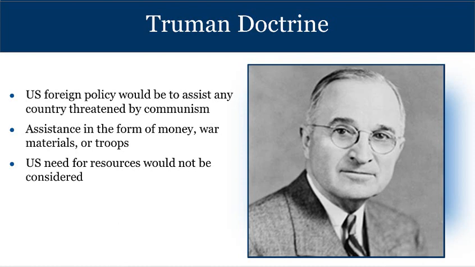So assistance can mean we're going to give them money, it can mean war supplies, or it can mean that we're going to send troops. The first country that we end up assisting is going to be Greece. We have two factions that are fighting in Greece. One is a communist faction, one is a democratic faction, and we end up spending $56 million there to help the democratic faction. That's a lot of money on a country that really doesn't matter that much to our foreign